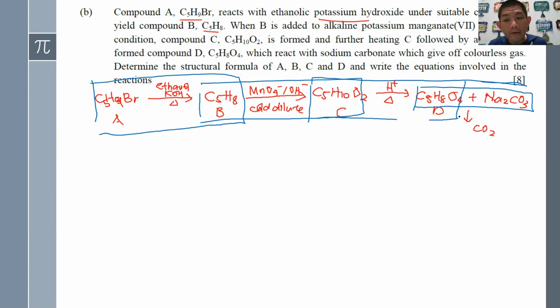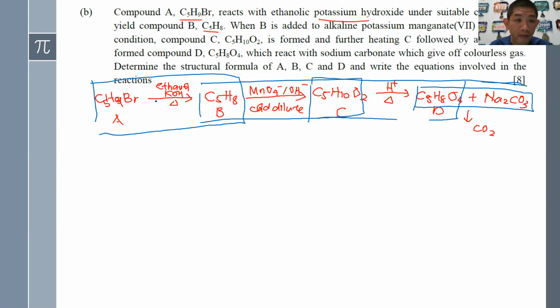So your key in here is how do you deduce what is A, what is B, what is C, what is D? Now this is a very difficult question. If you cannot understand, then 8 marks gone just like that. But if you can understand, then all 8 marks are yours. So how are you going to deduce A, B, C, D? We start from the possible. You must know by yourself that